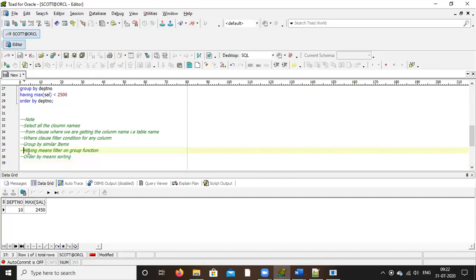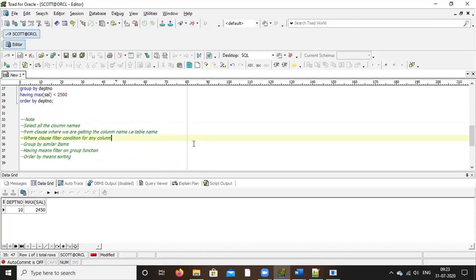This order you have to follow whenever you write a query. Select clause and from clause are mandatory because you are selecting some column from some table. The others are optional. If you need, you can use them; if you don't need, you may not.